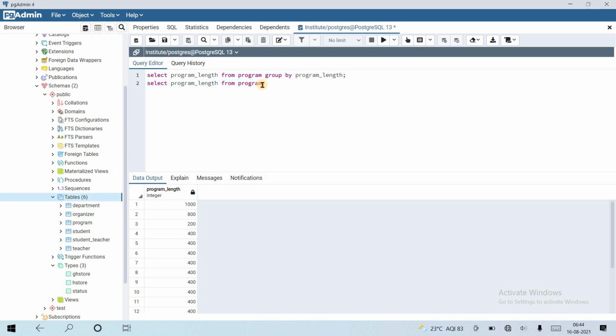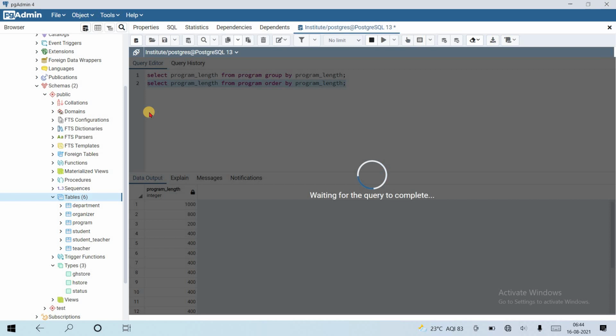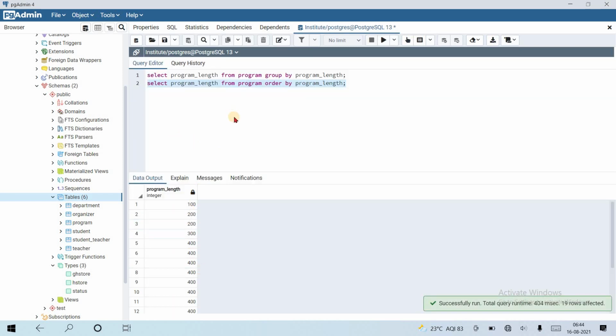Also with order by, we can use order by program length too. So lesser values come up top and greater values at the bottom. Okay, that's all about this.